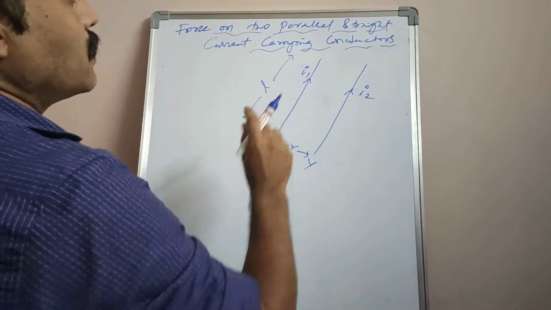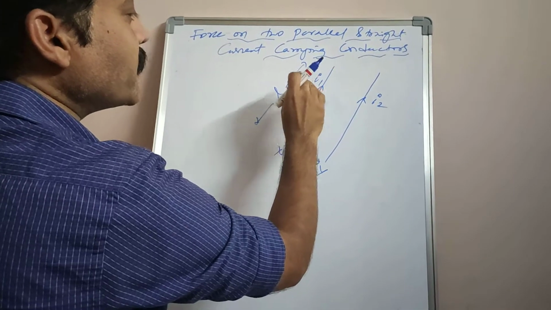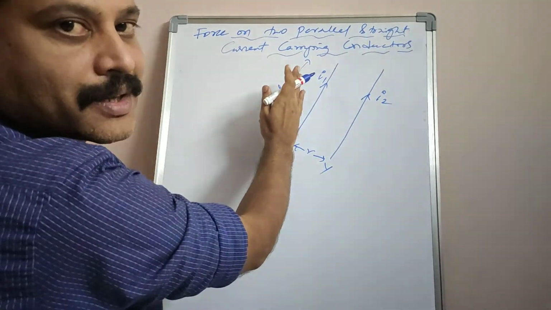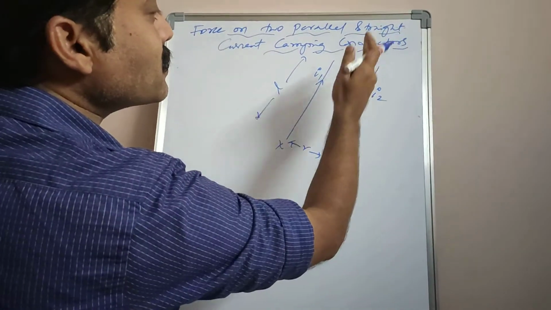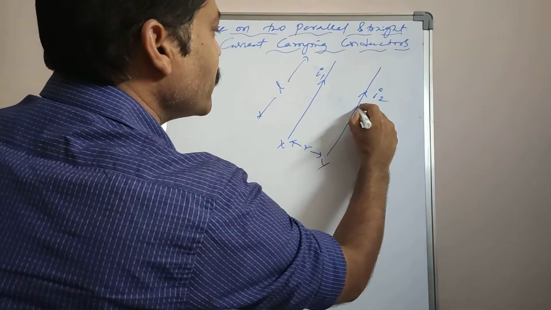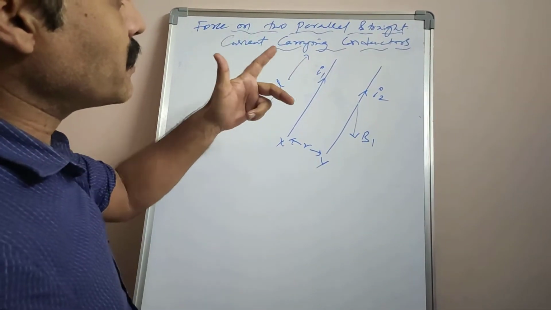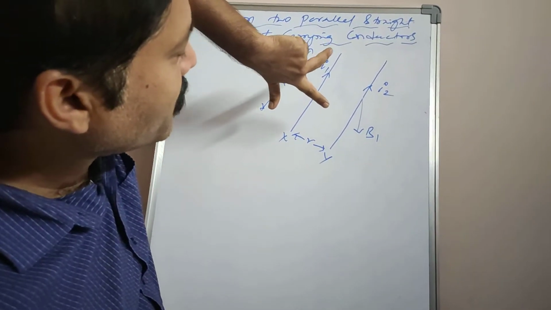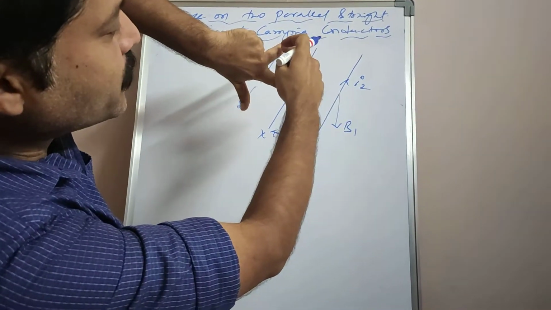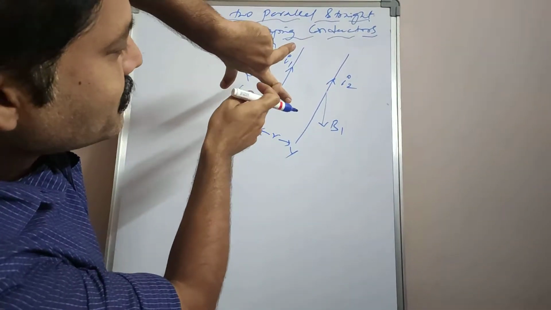Okay. Now, when this conductor carries current I1, it will produce an electric field as well as a magnetic field in the region of this first conductor. Now, when you place the second conductor in the magnetic field produced by the first conductor, the magnetic field will be acting into the plane. This can be understood by applying Fleming left hand rule. The central finger indicates the direction of the current I1 which produces a magnetic field B1 that acts into the plane. So therefore B1 is considered as into the plane.